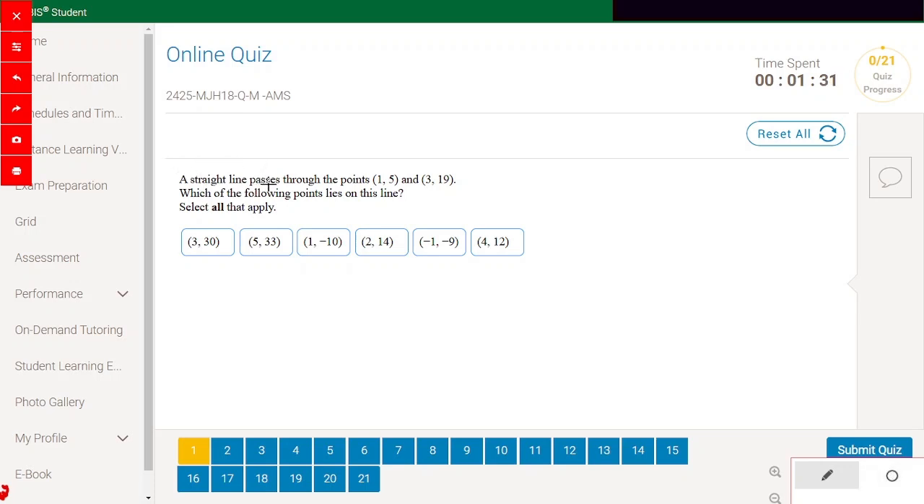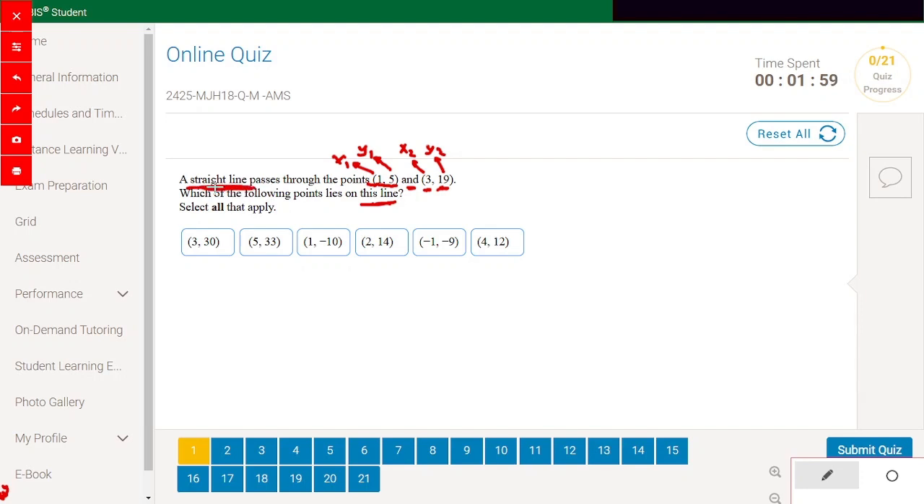A straight line passes through the points (1, 5) and (3, 19). 1 is x1, 5 is y1, 3 is x2 and 19 is y2. Which of the following points lies on this line? Now let's